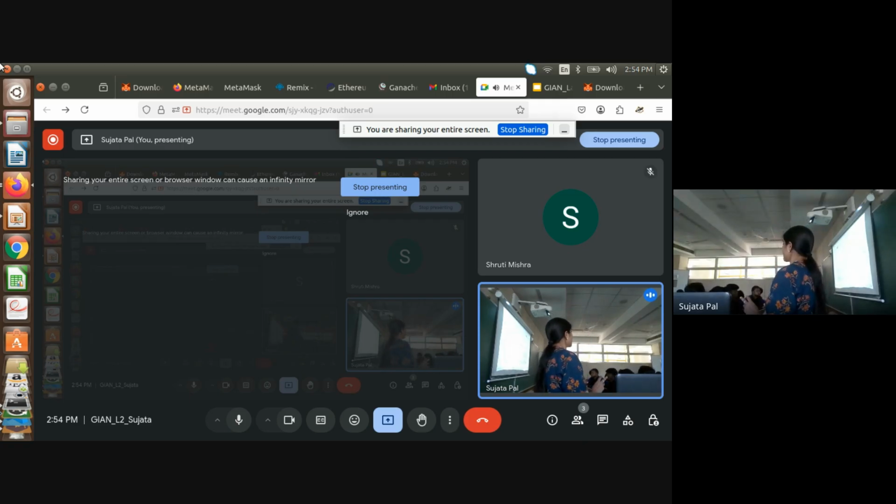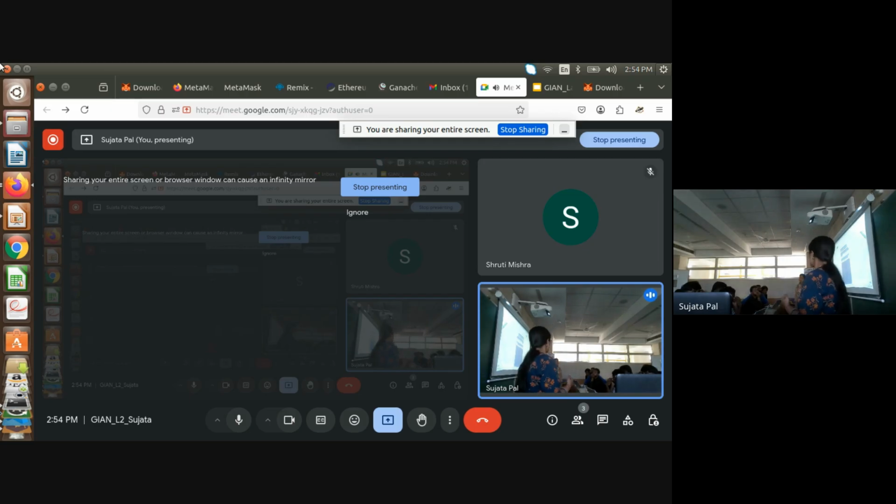Listen everyone, there are 2 ways to get your ETH. One is the Sepolia faucet, the second one is Alchemy. There are multiple testnets that provide free testnet ETH. But basically, when we are at 0 ETH, we have to register with some social website.